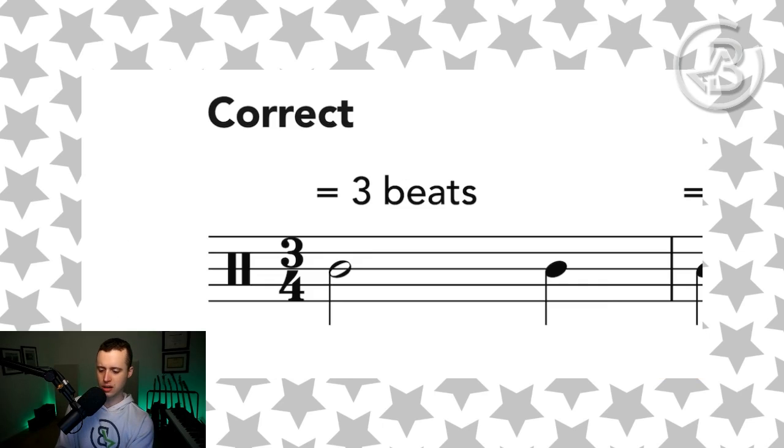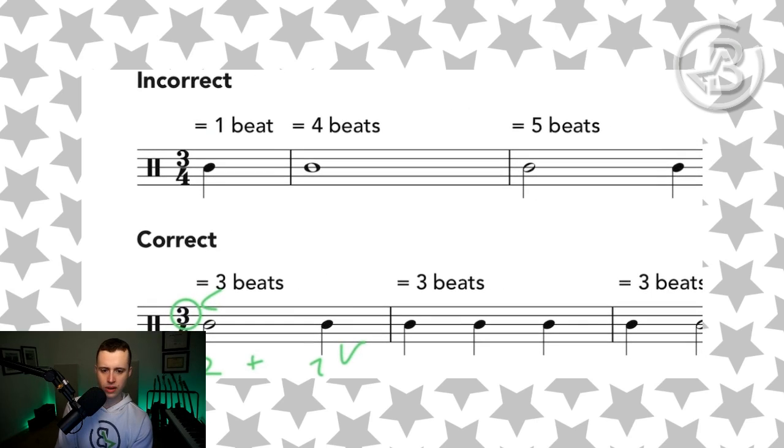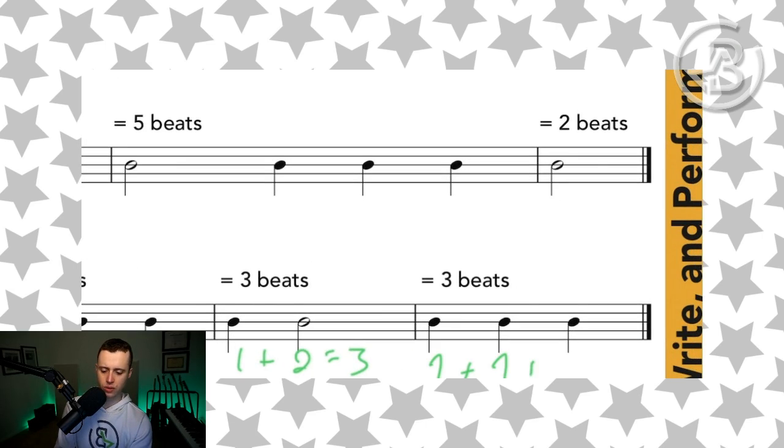Now, as you can see here, sure enough, the time signature is 3/4. Which means every measure needs 3 beats or 3 counts worth of notes in it. So we have 2 plus 1. Great. That's 3. That agrees with the time signature. 1 plus 1 plus 1 equals 3. Fantastic. 1 plus 2 equals 3. Great. 1 plus 1 plus 1 equals 3. That almost looks like a 7, but trust me, folks, it's a 1, and there's 3 beats or 3 counts